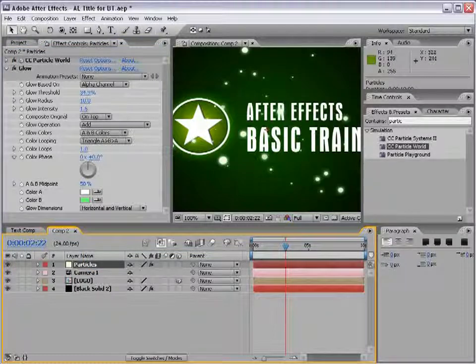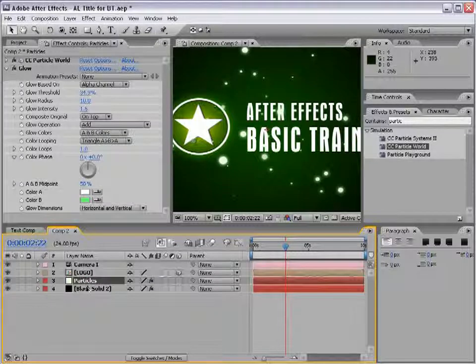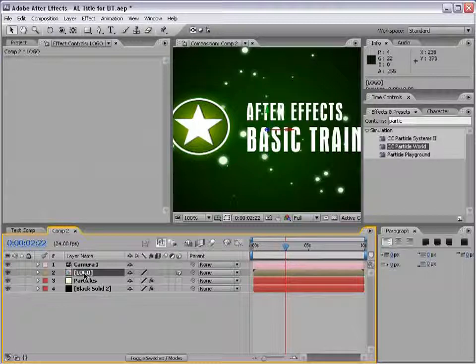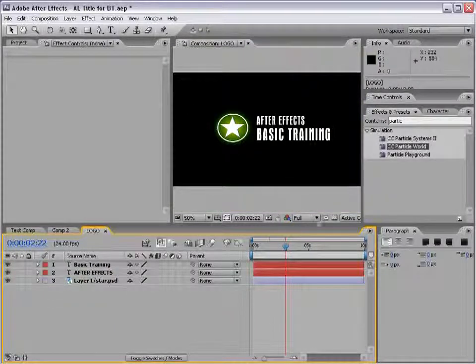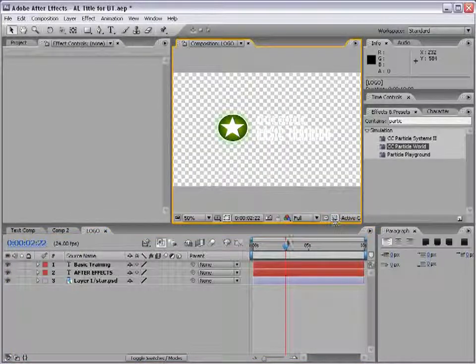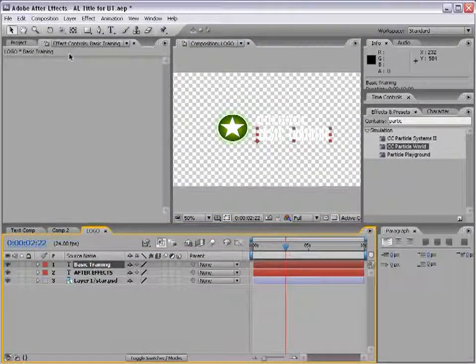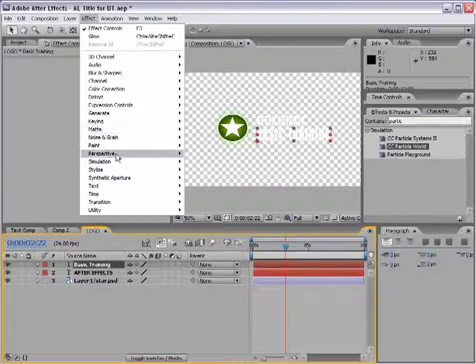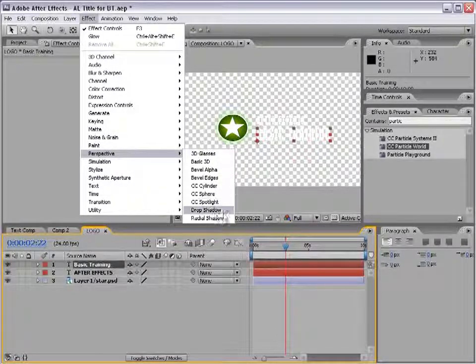Now they're rendering, a few anyway, over our text. Well, I'm going to move this below our logo. And then I'm going to take our logo and Alt double click on it. I want to add a drop shadow to our text so that it stands out a little bit better. So Alt double click on the logo, and we can show the transparency. Select Basic Training, choose Effect, Perspective, Drop Shadow,